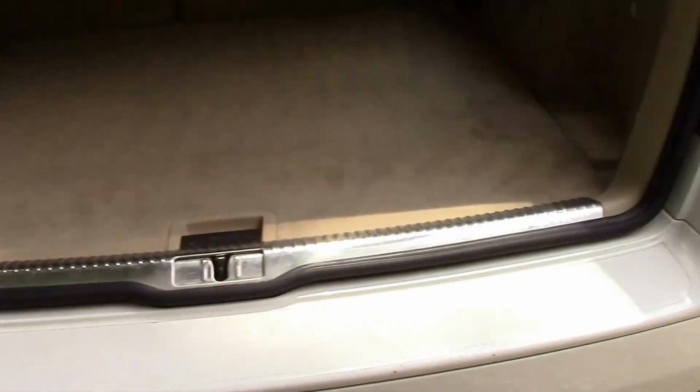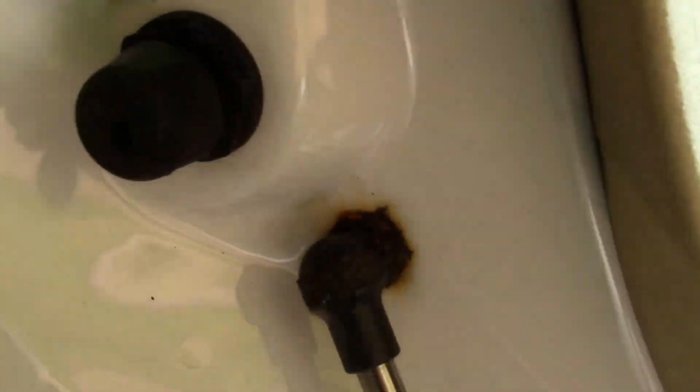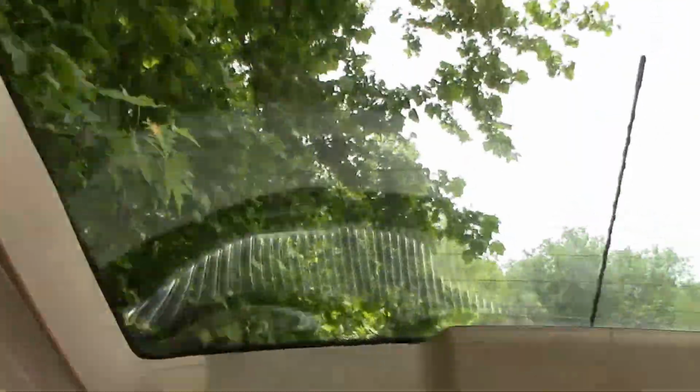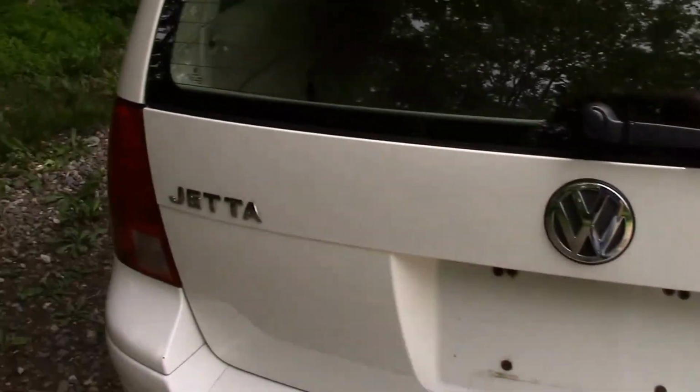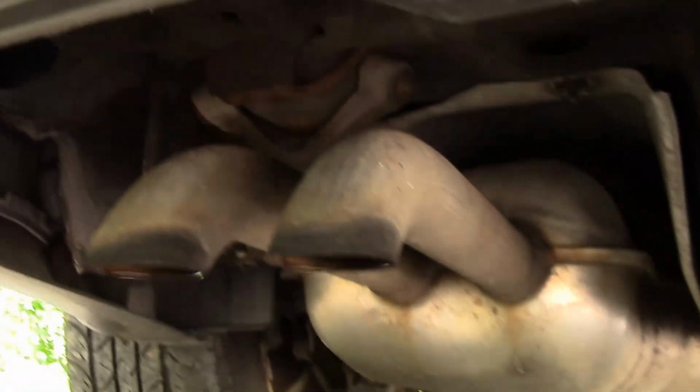Look at the rear bumper, it's not even beat up. Look at the trunk. I mean, I get these Volkswagens from time to time. That's about the only rust I've seen, right there. And they can be either a rust bucket or just beat up. But that is certainly not the case with this little Jetta. Rear window defogger, wiper. Stick this down there. Be able to see the muffler, probably needs